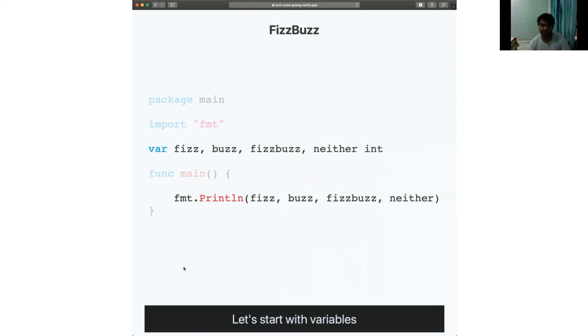And again, like we discussed, you start with the var keyword and you end with the type of the variable. Let's also print the variables: fizz, buzz, neither. If you just run this program, quick question, what do you think it will print? Just put your answer in chat.